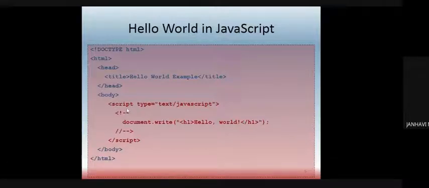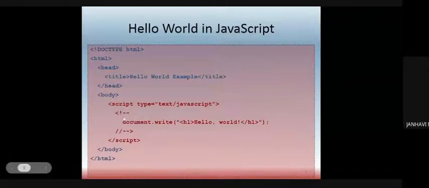So I have opened a script, and I have closed this script. Since I am using JavaScript, I have mentioned type equal to text/javascript. That means this programming language is of text type, which is a JavaScript type. So if it is text/javascript, the program should work fine. Close that inverted comma and close the angular bracket. Now what I've written is, I've opened one more angular bracket, exclamation mark, 2 dashes. Over here, if you want, you can write any particular comment.